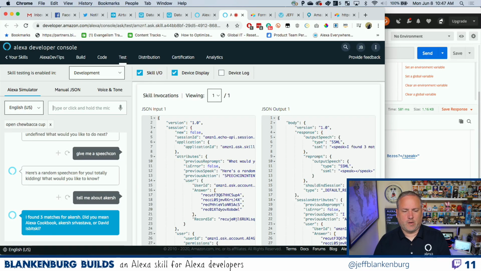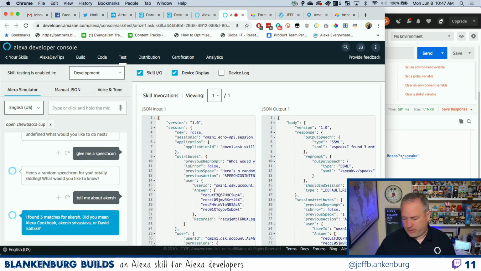I found 3 matches for You can A see Kirsch. I've added some Did fake you mean metadata Alexa to the skill. Cookbook, That's why it's a Kirsch responding with weird Srivastava, things. Or David Isbitsky? But here's the real trick, and if you heard it, I think she said A Kirsch Srivastava or something like that. It was very, very odd, very bad pronunciation. Or maybe she didn't. Maybe because I already fixed it.